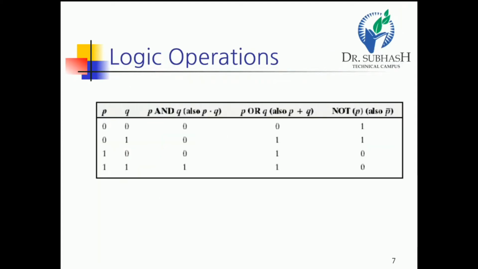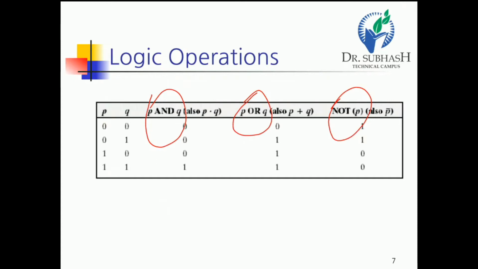So now we can use the basic logic or digital logic operations in morphological image processing. That is the 3 basic operations of digital logic. One is the AND operation, the second one is the OR operation, and the third one is the NOT operation, right? This is the result of NOT operation, this is the result of OR operation, and this is the result of AND operation.